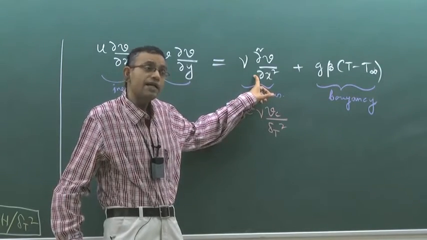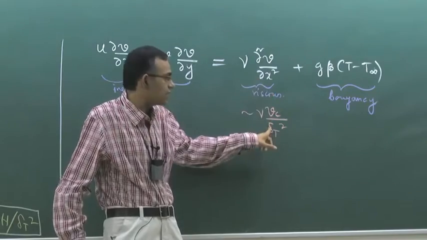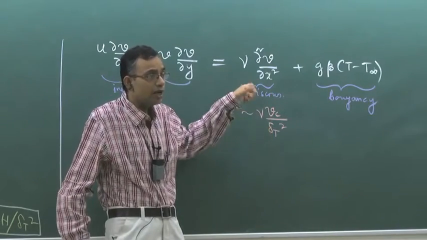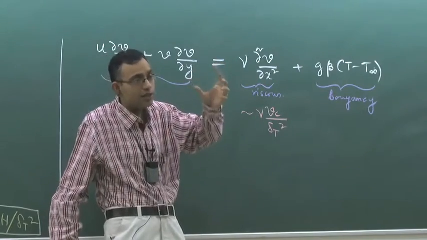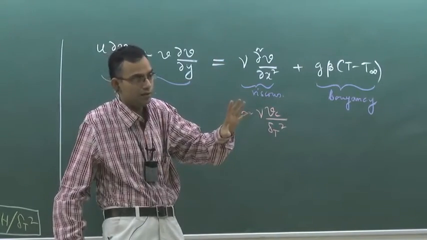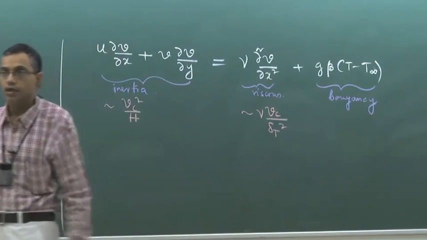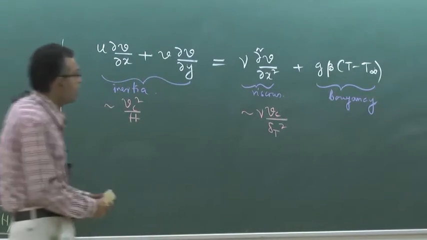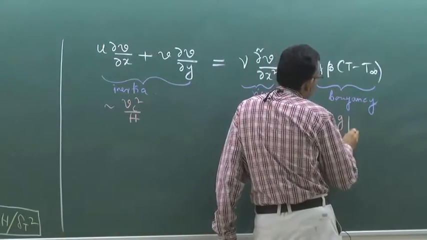When we will be analyzing this momentum equation for the hydrodynamic boundary layer, then this will be replaced by delta, but we are using the momentum equation for analyzing the physical situation within the thermal boundary layer, and that is why this is delta T and not delta. And this is of the order of G beta